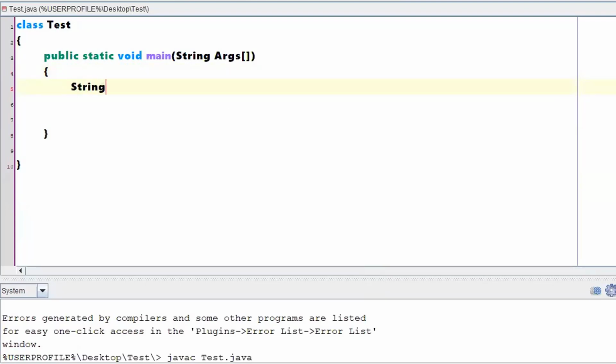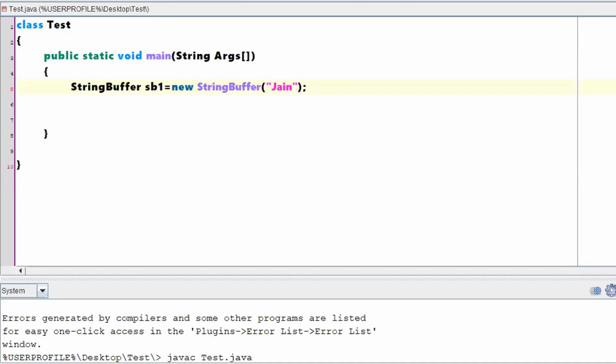Okay, StringBuffer sb1 is equal to new StringBuffer of, for example, Jain.